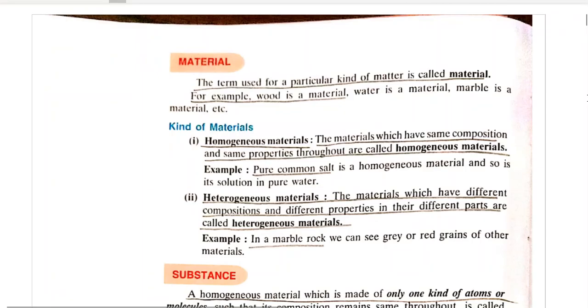Hello guys, so today we are going to do chemistry chapter 1, matter, and I'm not going to go into much detail of this chapter because it is, you can say, almost the same as physics chapter 1, matter. So there are so many terms which we have already studied in physics chapter 1 and they are repeated in this chapter. So we are not going to repeat everything all over again, but I'm just going to give you